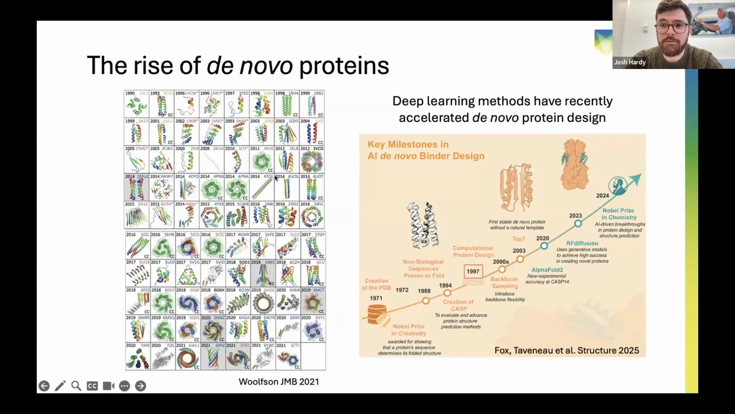De novo proteins have been around since the 90s. People have been playing with sequences and using computer algorithms to design new proteins. It was mostly alpha helical until 2003, when the Baker Lab made the first one with beta sheets. And you can see over the years, there's been many different types of proteins that have been designed, and the diversity is increasing. But more recently, what's happened is there's been this rise